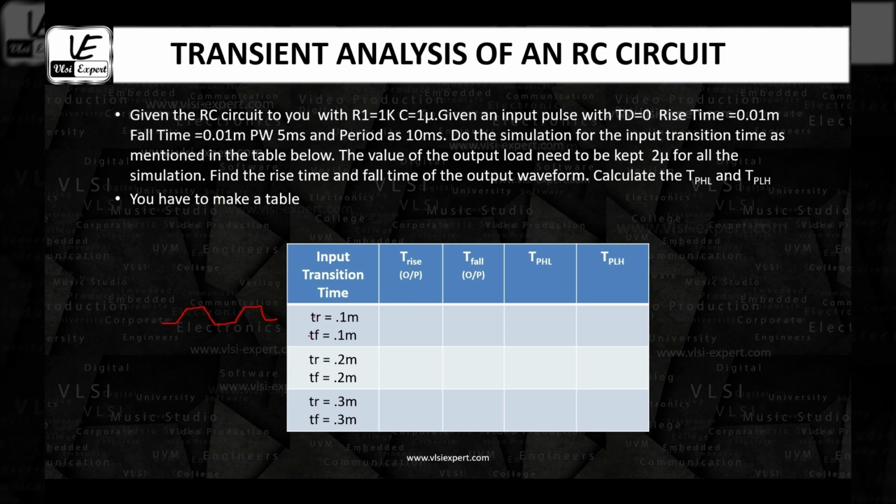The thing is that you cannot use a param statement, especially the sweep analysis, wherein you could change these two parameters together. That is not possible. For that, we use another statement known as dot data, which we will discuss in the